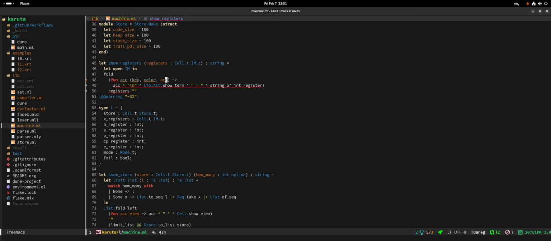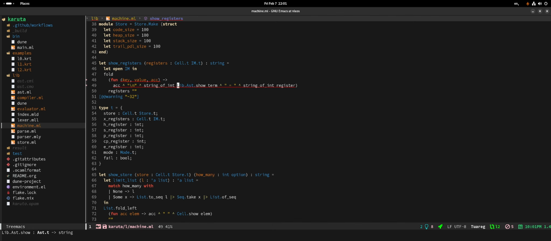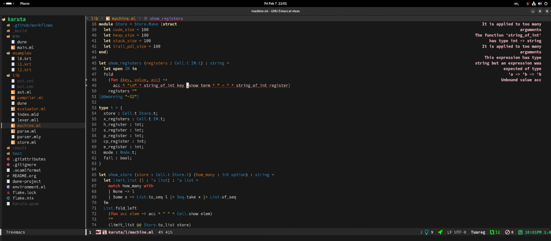Then we do acc concat with the key, which is going to be string of int key, equals, and then we have the value. The value is a cell.